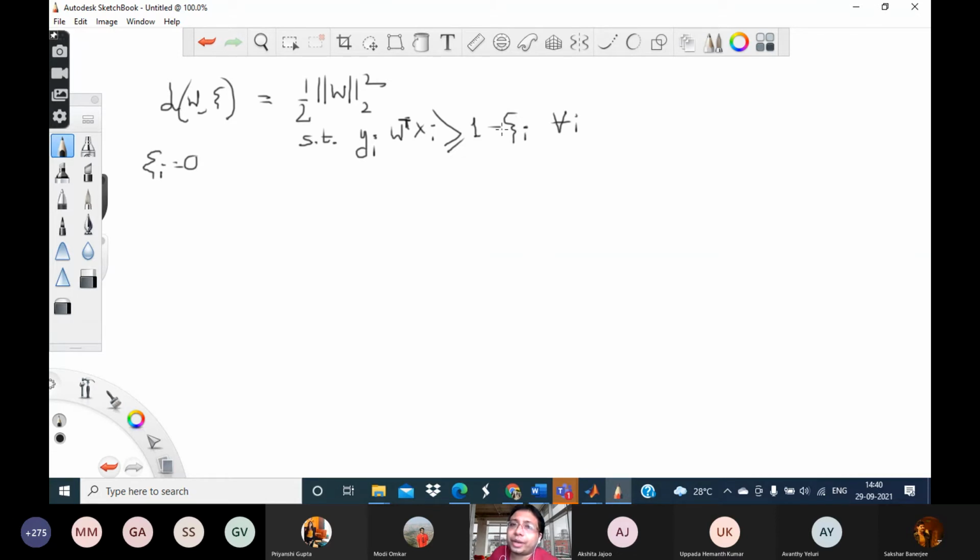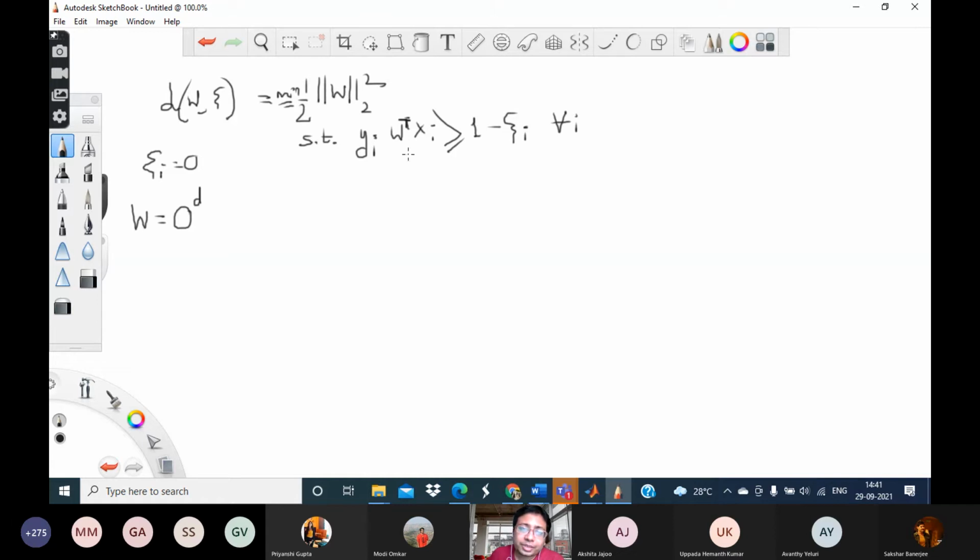That is to say, whenever I find that a particular point is getting misclassified, I can just adjust the value of xi, give it a suitable value of xi and correctly classify it. Suppose w is equal to 0, the 0 vector, as we had discussed yesterday also. If we did not have the constraints here, if we had just this thing, minimize this quantity, then of course I would have put w equal to 0 vector. There cannot be any w which gives a lesser value of the objective than this.